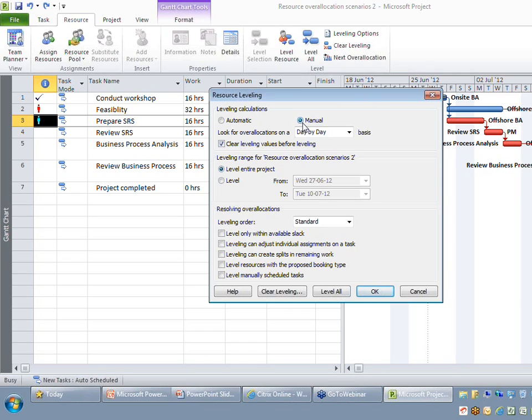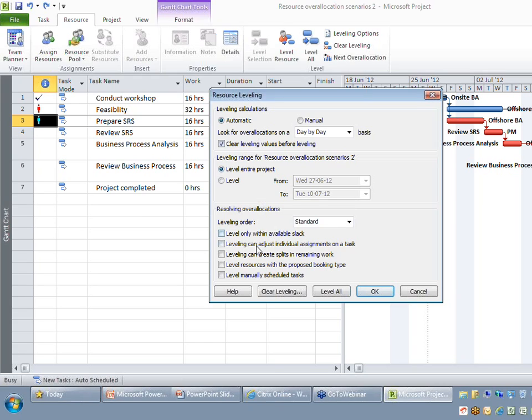In leveling calculations, you have 2 radio buttons, automatic and manual. When you say manual, Microsoft Project will identify over allocation and spot it, but it will not resolve it automatically. Whereas if you go for the automatic option, the moment there is a resource over allocation, Project will try to use an algorithm to resolve the conflict automatically.